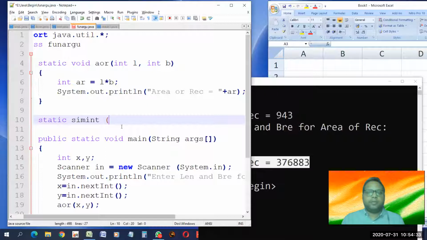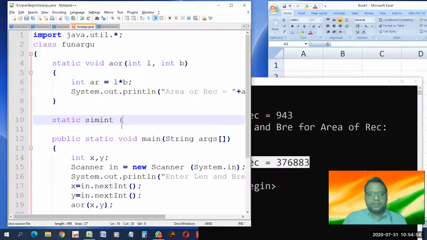So all these may or may not be integers. So it is better to take a different data type. We can take either float or double. So double takes 8 bytes in RAM. So we can use double, but if you use float, then it will be memory efficient. Why have I not given int? Because you have to find simple interest. How can we make this function? Float P, that will stand for principal amount, and float rate of interest, and float what? Time. Or if you don't want time to be float, like 2.5 years, 2.6 years, you want 2 years, 3 years, 4 years as integers, then you can give it int.